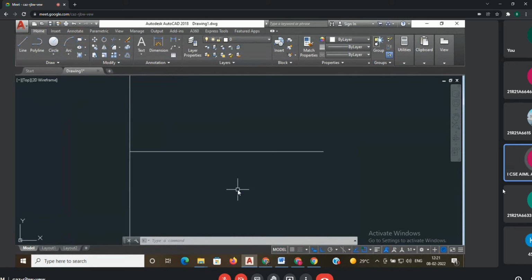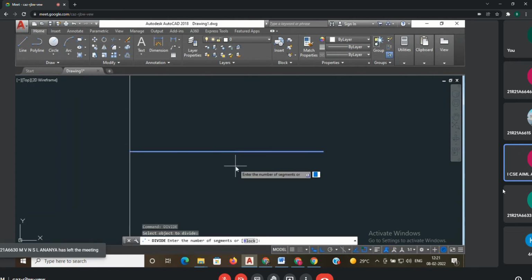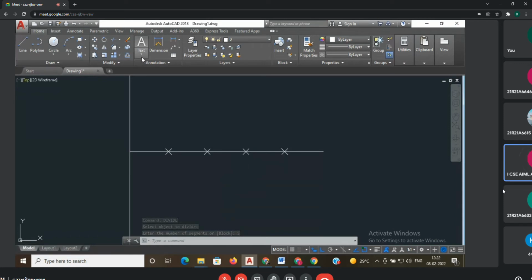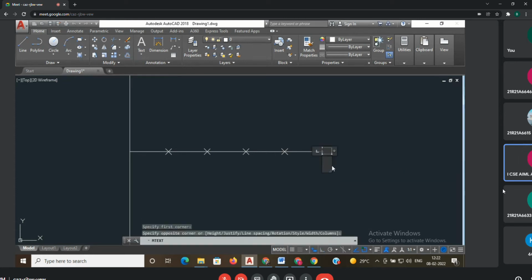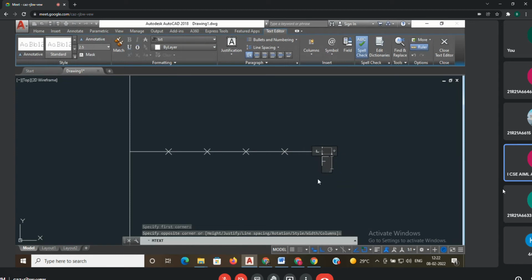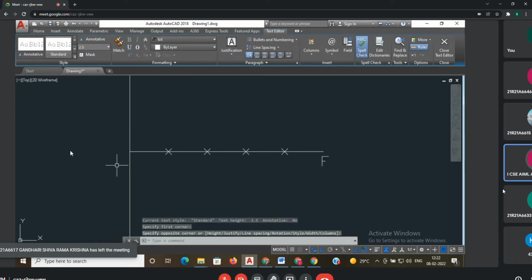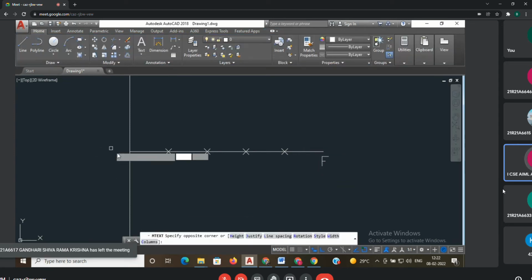First I will go for Divide. Select the line, go for number of segments 5, enter. Next, the vertex point. Suppose here I am having F. Here I am having C.